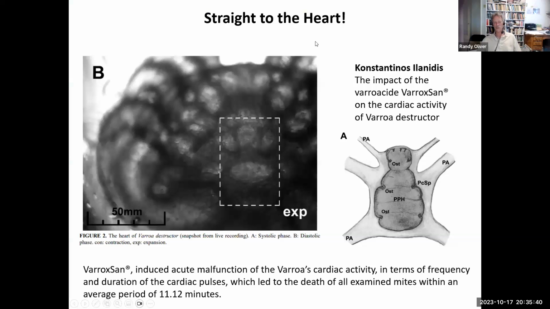One of the things is this was shown by Illinatus. I spoke to him over in Chile at Apimondia. He showed movies, and I don't have the movie, of the heart beating in a Varroa mite. So he has films of the heart beating, and then he's working with Vita. Vita is trying to register an extended release product. It's in progress to be released in the United States, strips. So that's good news. Anyway, if they touch a mite with oxalic acid, the heart starts slowing down, and within